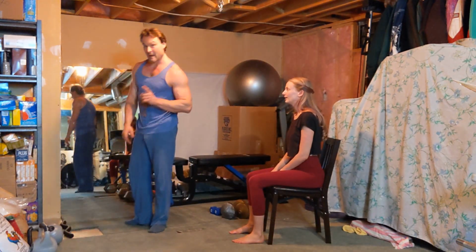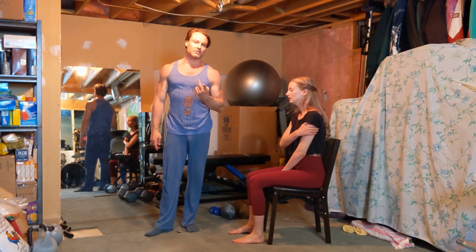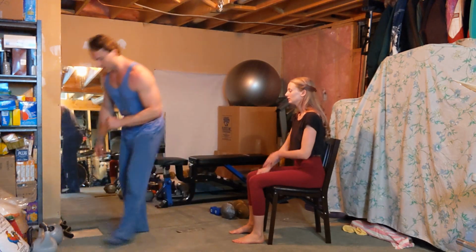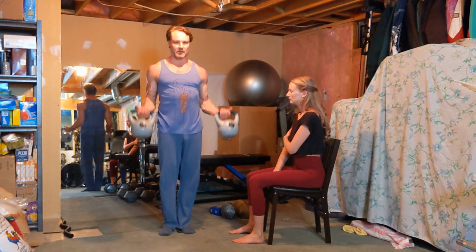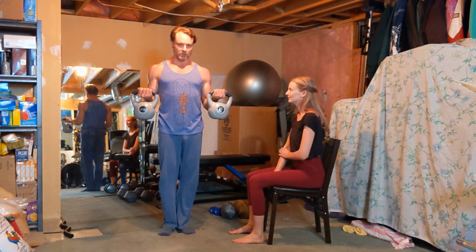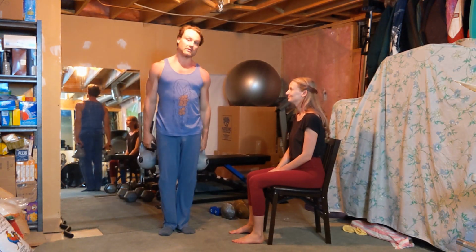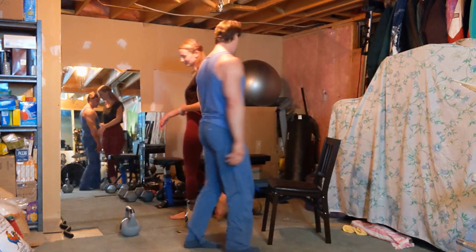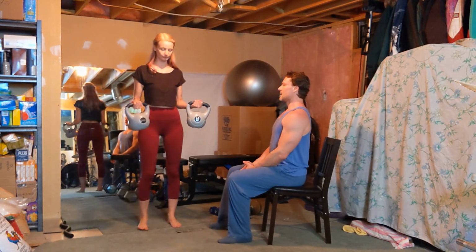Okay. She's going to come back to our heavy weight, but the second time we're still using the heavy weight, but we're going to change what we're doing with it to cause a different kind of stimulation. So what I want her to do is the same kind of curls, but we're coming halfway. And we're going to hold for 10 seconds, and then we're going to do a set of 10, just the top. And if she can't get through 10, that's fine, but that's what we're aiming for. Okay? Alright. Halfway, 10,